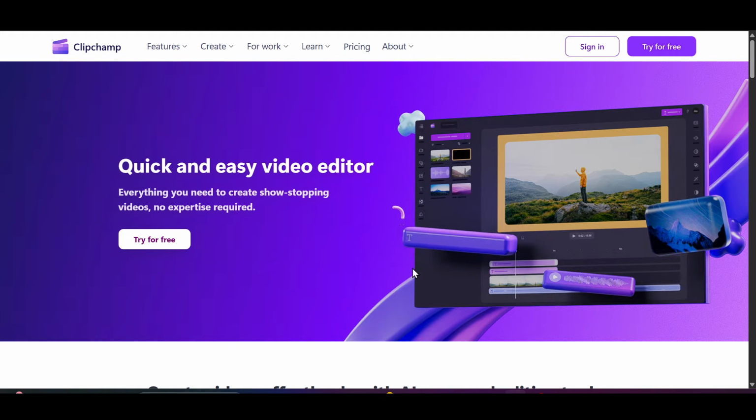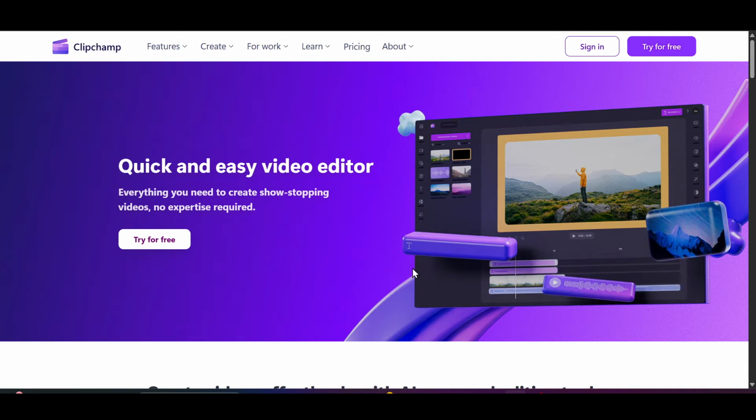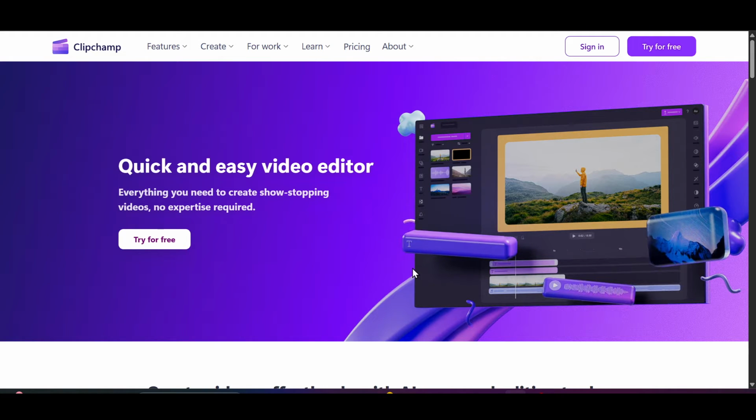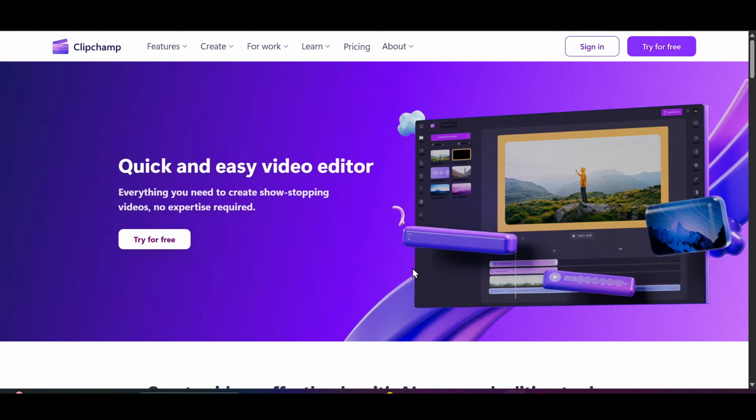So in this video, I'm going to show you how to edit subtitles in video in Clipchamp. So let's get started. First off, head over to Google or any browser and then in the search bar